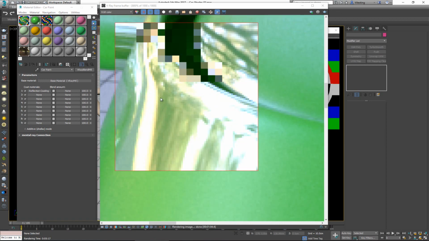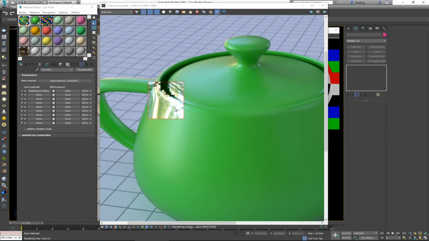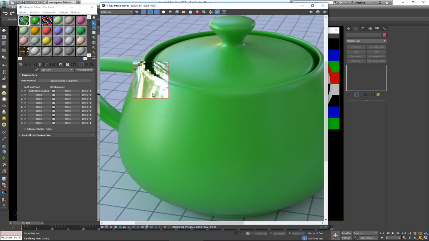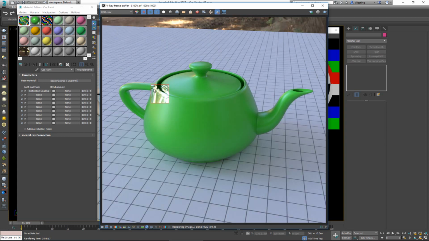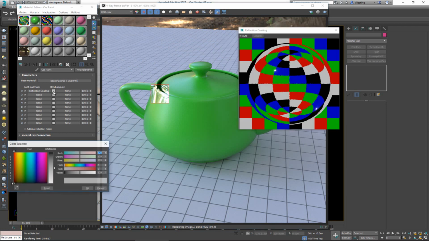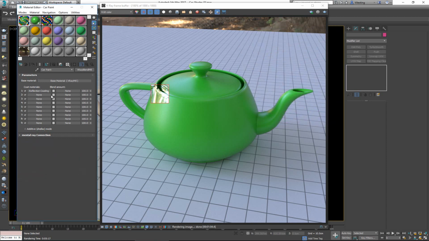All right, and from what I can see, both the noise from the reflection coating and the color are multiplied, and we can see that this thing is starting to get the result that we want. But from what I can see from this piece, the result here is too strong, and it should be, because at the moment the rate that it's mixing is this color. So it's taking this color and mixing it at 50%. I actually don't want it to mix like that, so I want to have the reflection coating to mix at